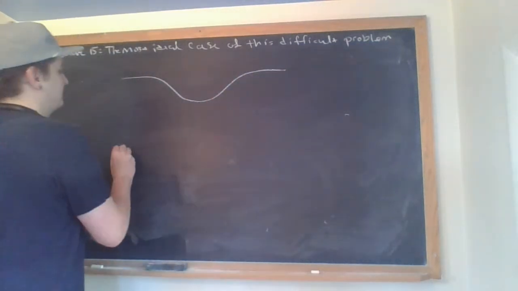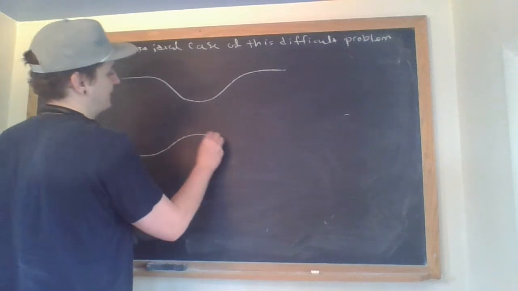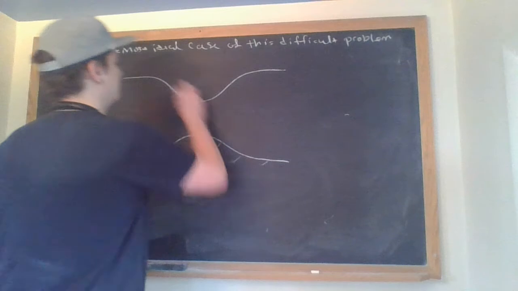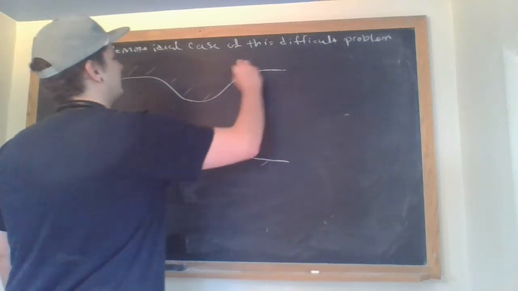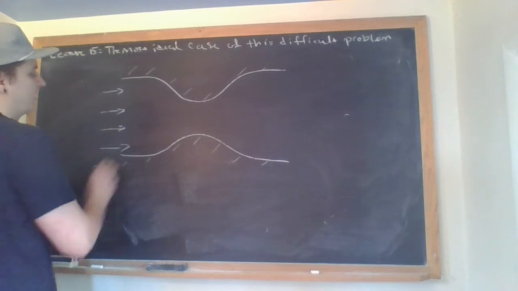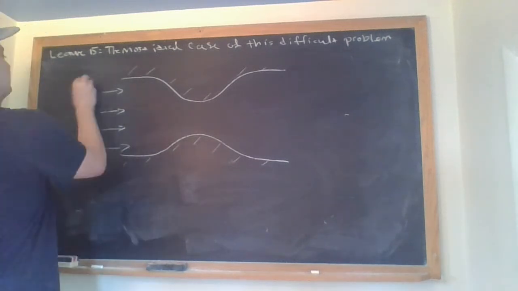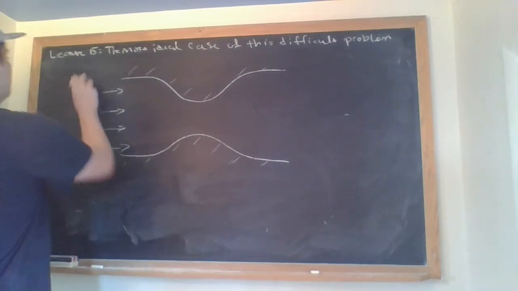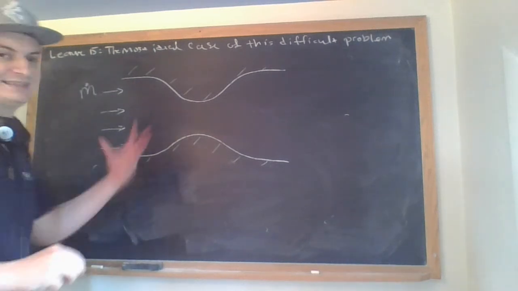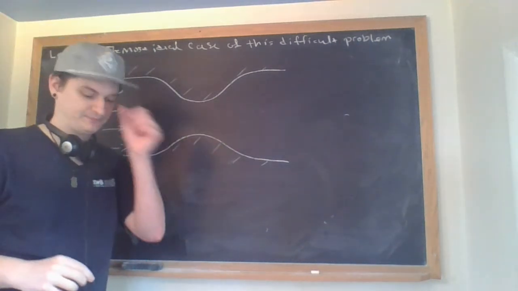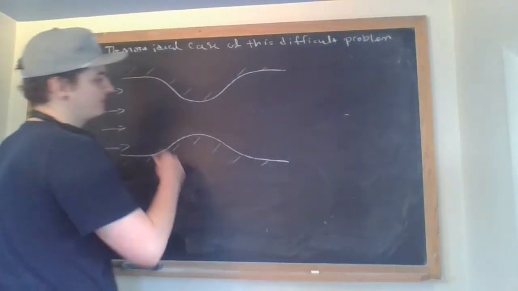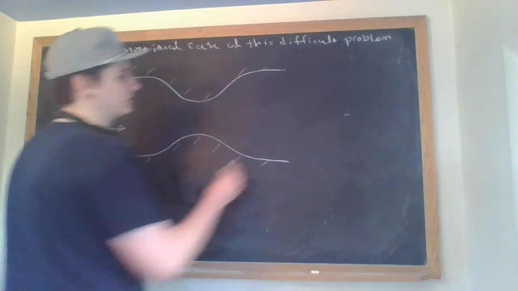which involves situations that look like this, where you have, let's say, this is a wall for the flow. And I have gas moving in at some mass flow rate. We have to use mass flow rate now, or an m dot, because the density can change along the conduit. Okay, here's some center line. So for this situation,